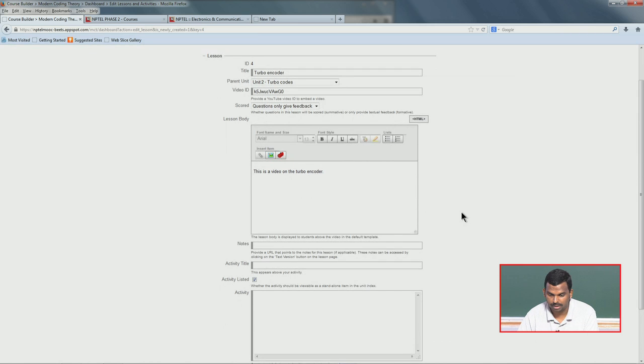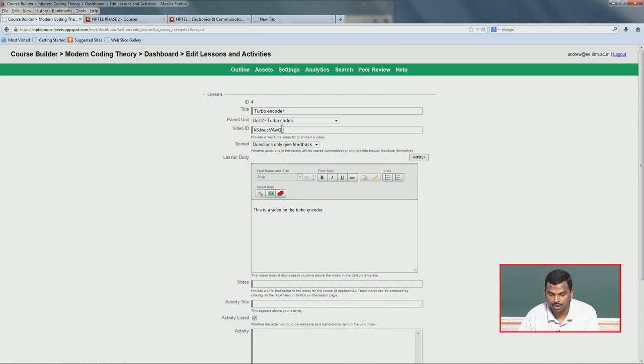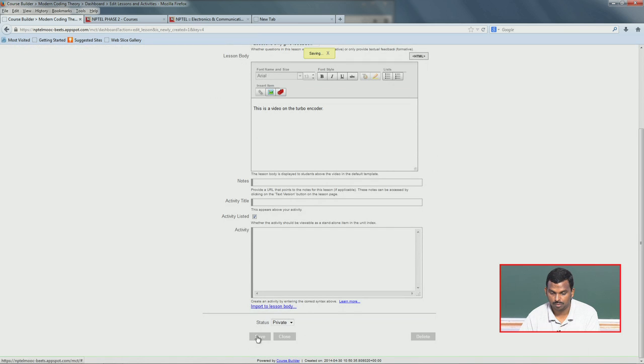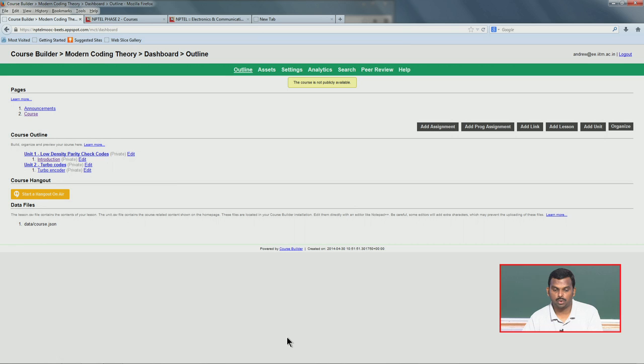Then if you want, you can create list, and once again if you want to create the new video, yeah, go ahead, use your NPTEL Studios, create the new video, they will put it up on YouTube as a private video and then give you the video ID. Okay, so that is it. So I save this, I close. So both my units got created.